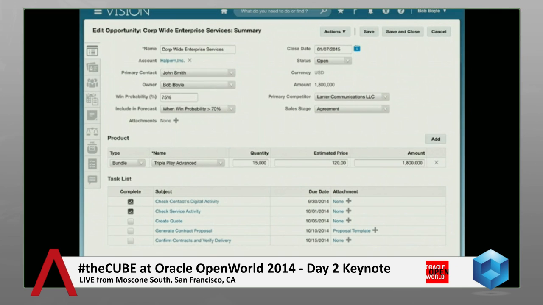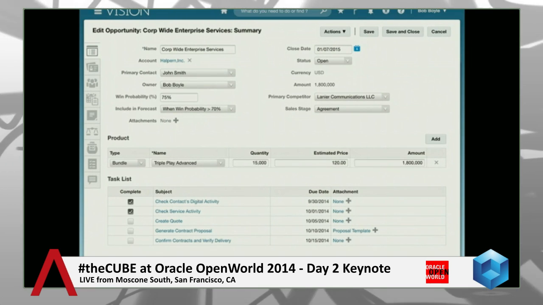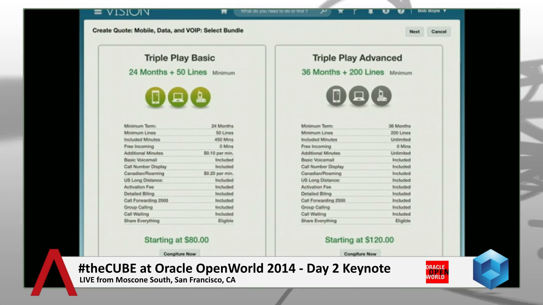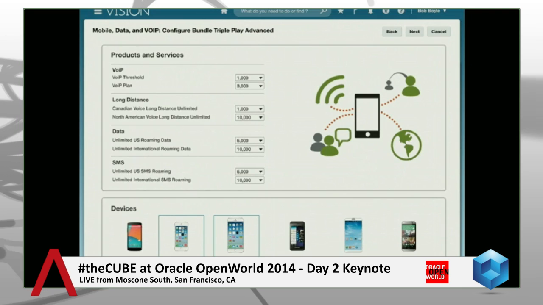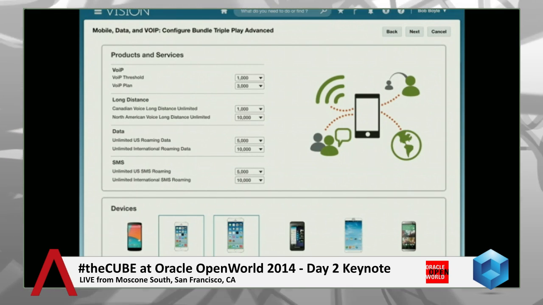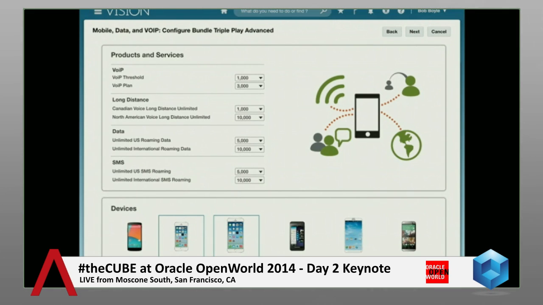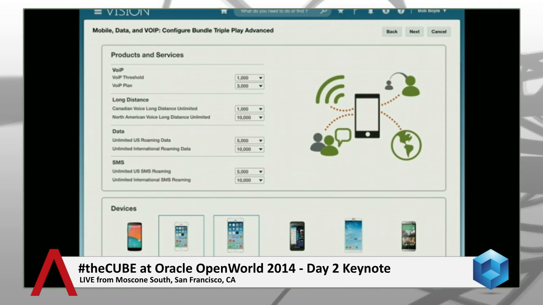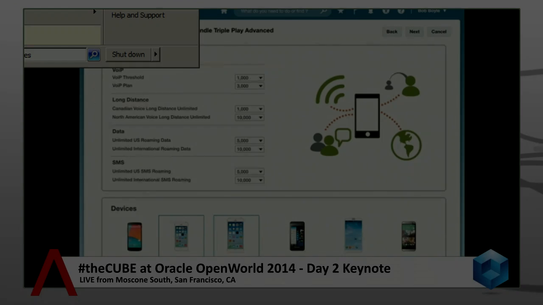The next step is I need to modify the existing quote. So I'm going to drill in, and I'm taken into a guided selling process using the Oracle CPQ Cloud, where I can configure the simplest of products to the most complex of configurations. And what we see here is I'm configuring the overall quote and picking whatever devices, and I know